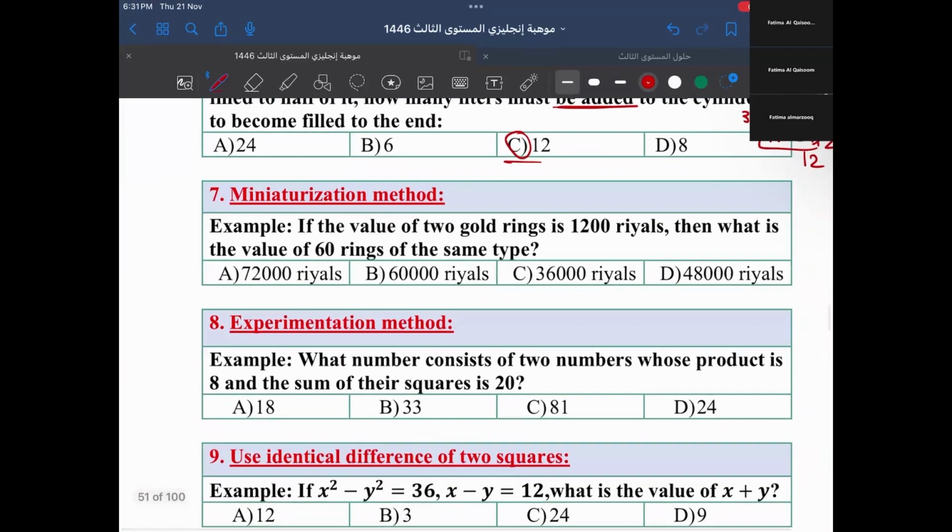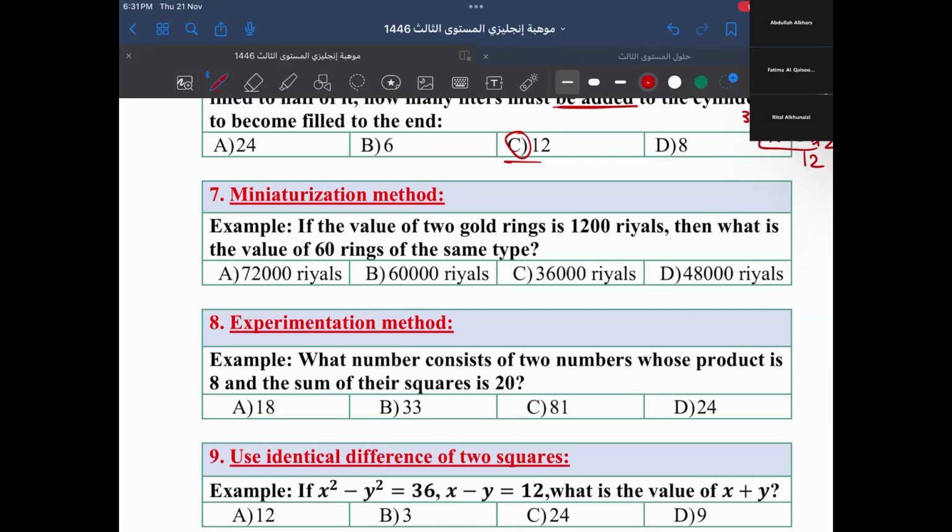Okay. Let's see the next question. If the value of 2 gold rings is 1,200 riyals, then what is the value of 60 rings of the same type? Is there anyone who knows how to do this question? Yes, Rital? So we need to find the value of 60 rings, and 2 times 30 is 60. So we multiply 1,200 by 30, which is